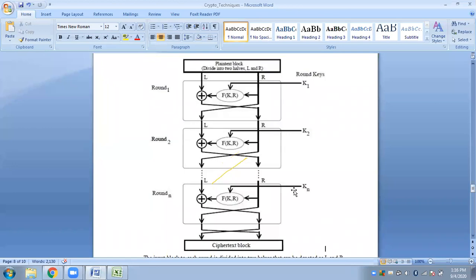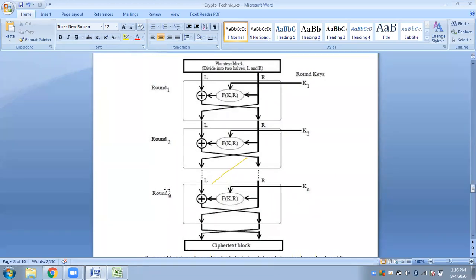In symmetric key encryption you have many algorithms, like DES, triple DES, AES, Blowfish. There are many. Each of these algorithms will make use of either stream cipher techniques or block cipher techniques, and those algorithms which make use of block cipher techniques have to make use of the Feistel cipher. And in the Feistel cipher, you have many rounds. That particular algorithm will determine how many rounds are to be used.